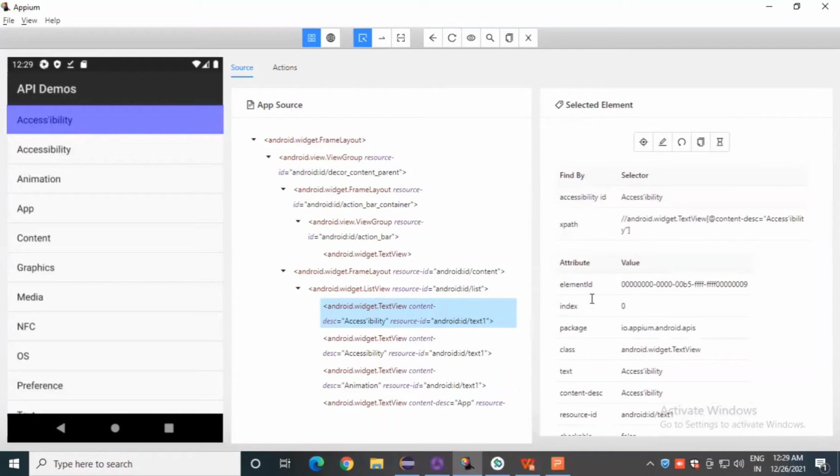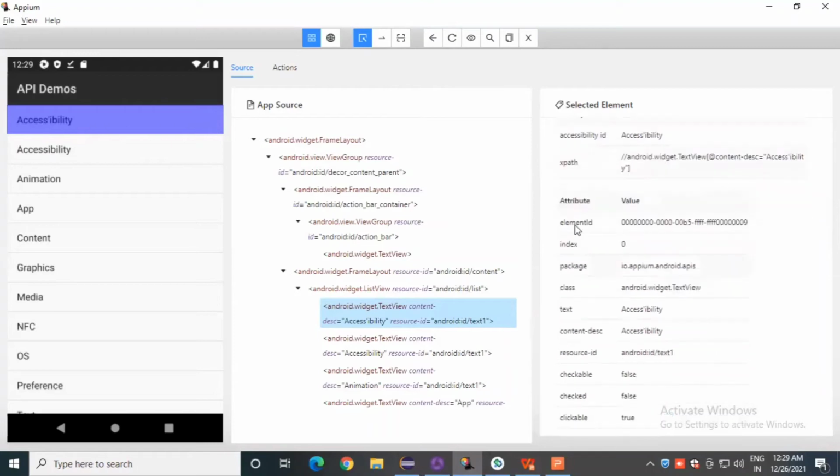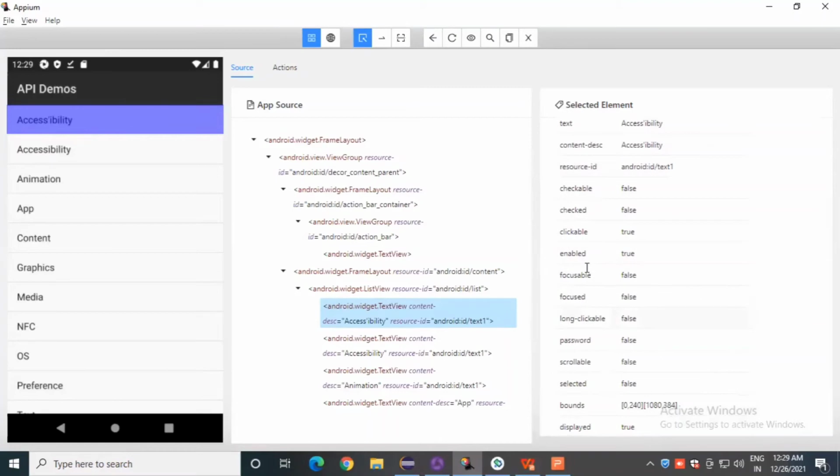Find element by accessibility ID, XPath, and these are the attributes like element, index, package, class, text, content, text, resource ID, and everything. These are the attributes like enabled, focused, focusable, password, and these are the values like false, true, and accessibility, Android ID, text, everything.